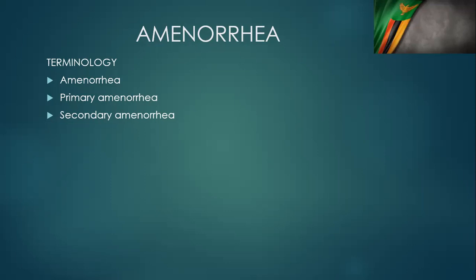And for the sake of marks, when they say amenorrhea, I would advise that you define it like secondary amenorrhea, which is what we've talked about. Lack of menses for 3 months in somebody who has had regular menses, and lack of menses for 6 months in somebody who has had irregular menses. That's really what amenorrhea is by itself. So you define it like a secondary amenorrhea. Primary amenorrhea, you have to remember that you have to put the 14 years age and you have to put the 16 years age in your definition.